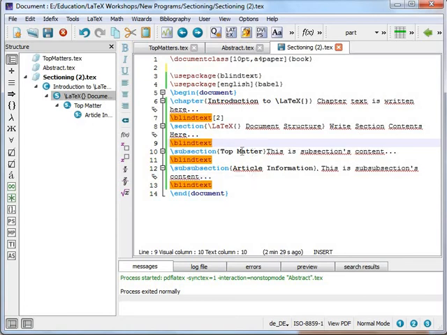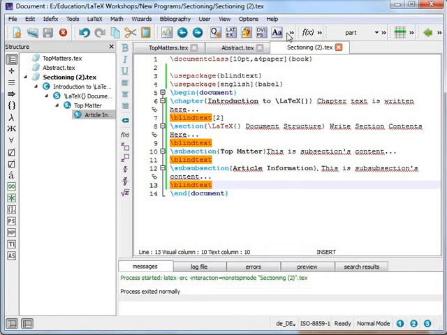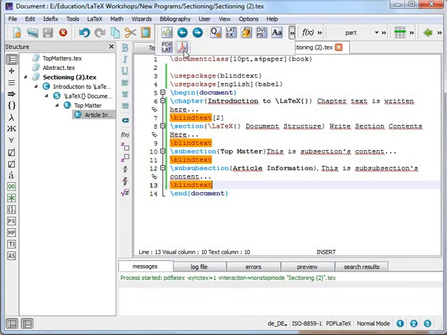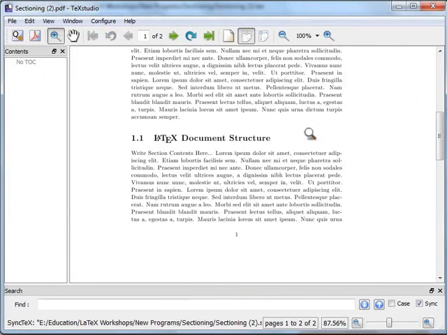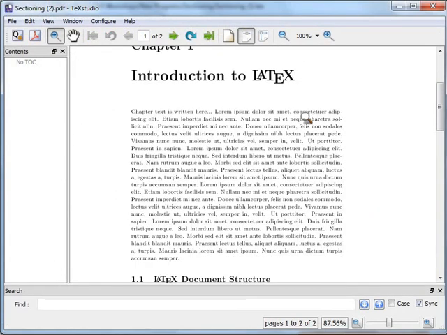Then subsection, the title heading of the subsection is top matters, and then again I have added one paragraph using the blindtext command, and subsection, and so on. For executing this, I will compile the program by using the LaTeX compiler. Then I will convert the compiled file to a PDF file and view the output. So here you can see that a book is created.